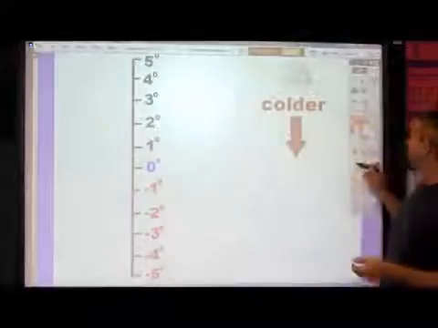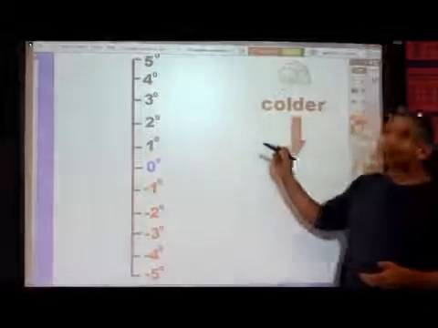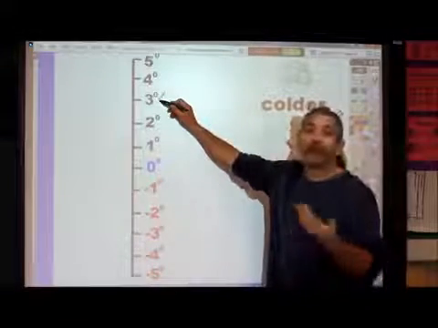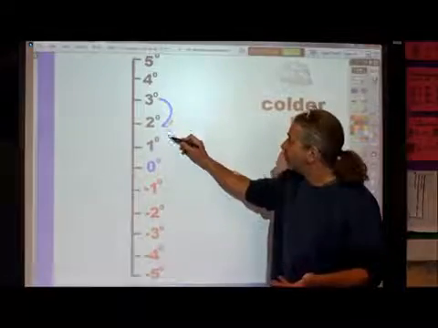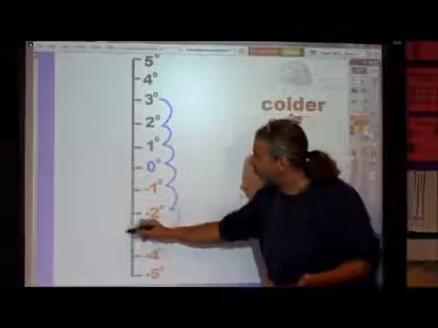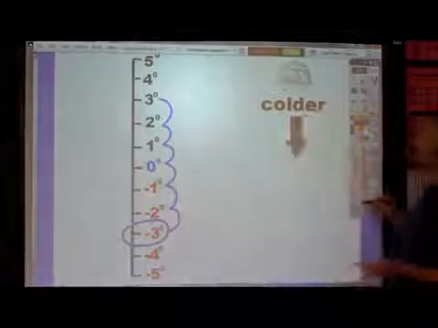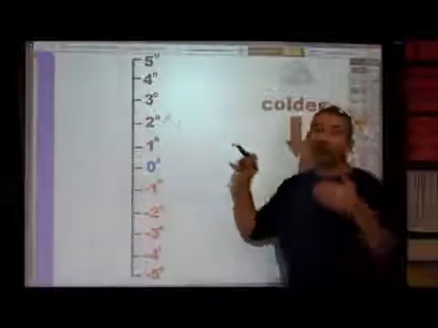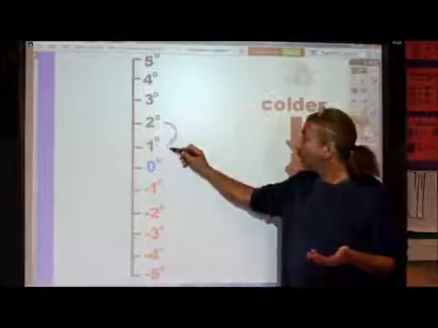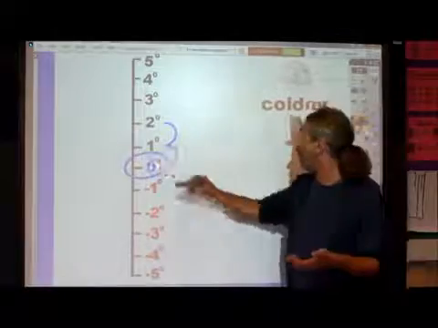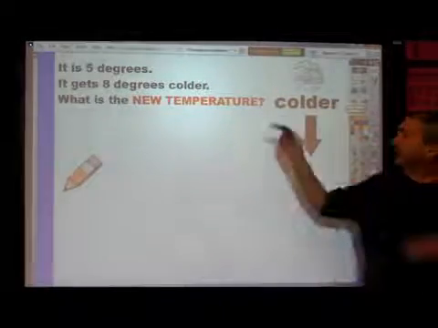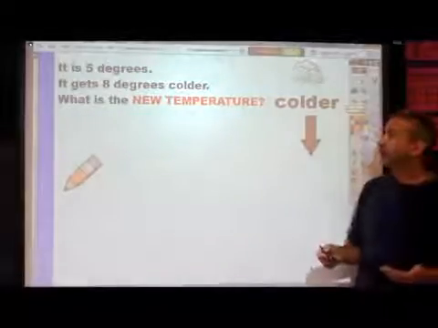So for example, if it's 3 degrees and it gets 6 degrees colder, we start on 3 degrees and do 6 jumps. 1, 2, 3, 4, 5, 6, minus 3 degrees. If it's 2 degrees and it gets 2 degrees colder, we do 2 jumps. 1, 2, 0 degrees. Now, if you have a problem like this, it's 5 degrees, it gets 8 degrees colder,